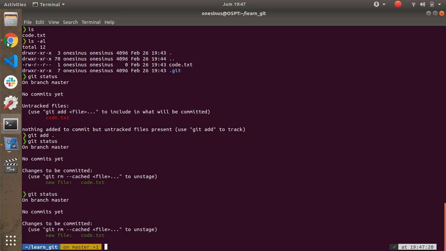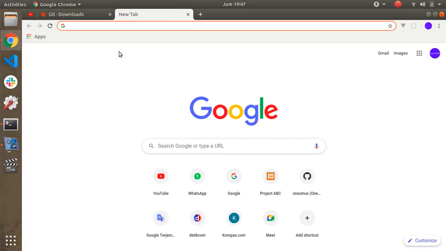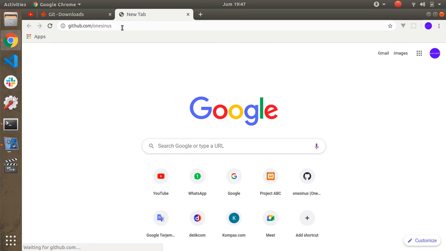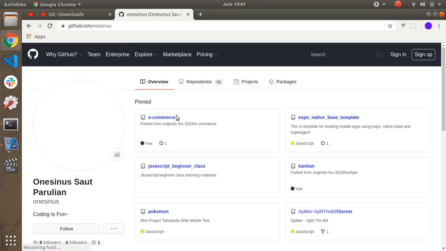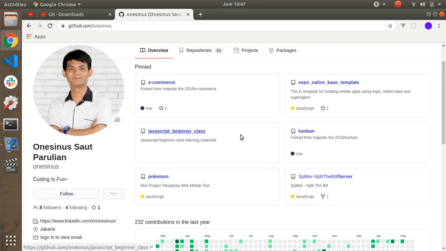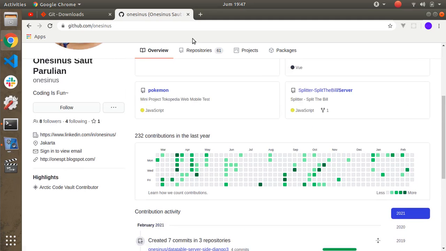About repositories, we have several options to deploy our code, to deploy our project using Git, such as GitHub, like this. You can deploy your project to a repository.